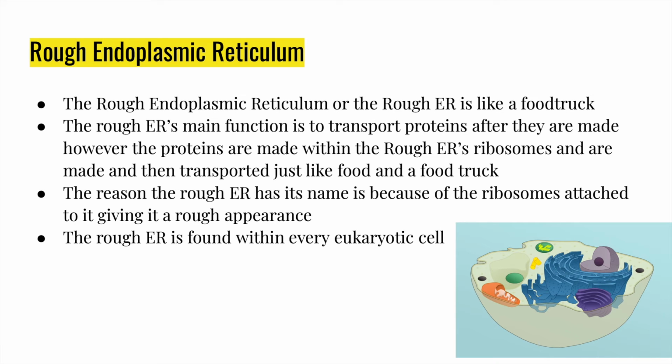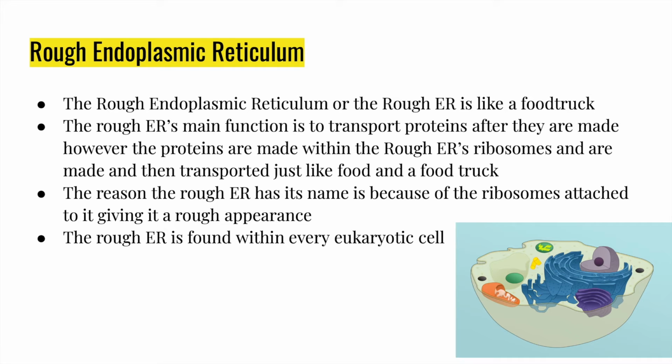This is the rough endoplasmic reticulum. The rough ER is like a food truck. Its main function is to transport proteins after they are made. However, the proteins are made within the rough ER because within the rough ER, the ribosomes are attached to the